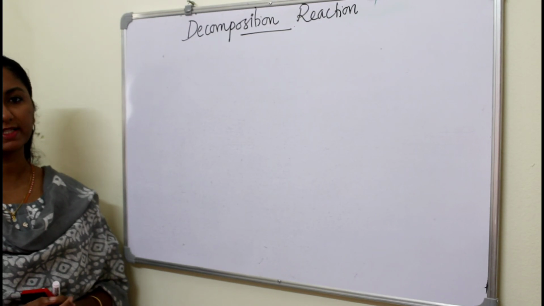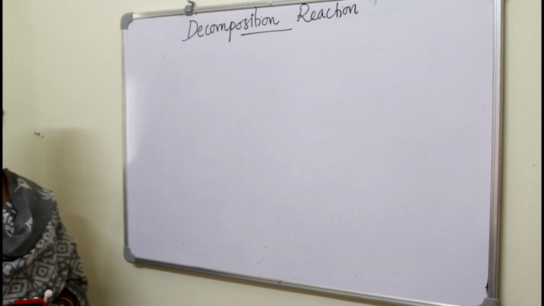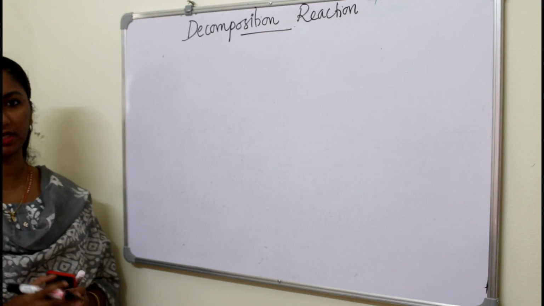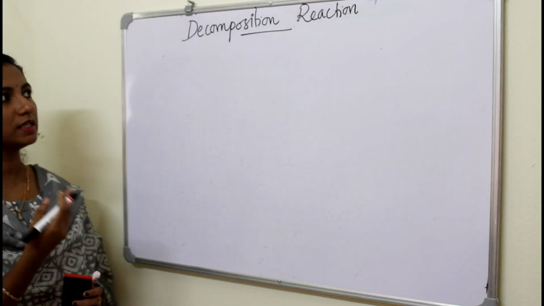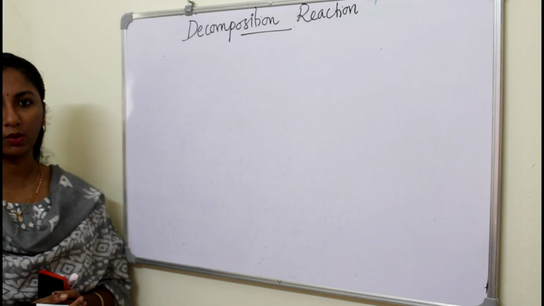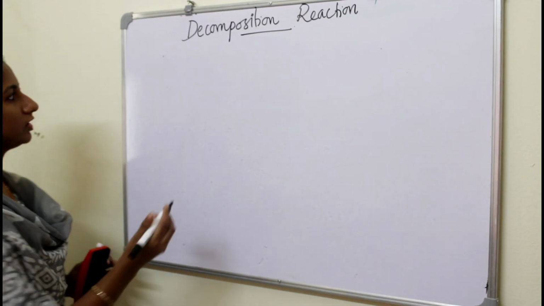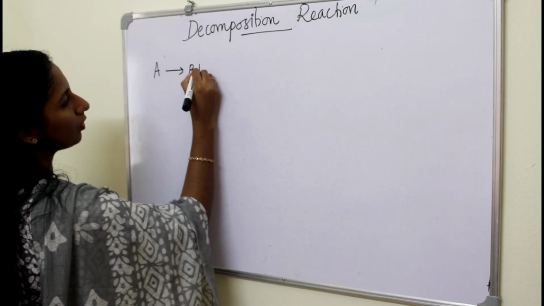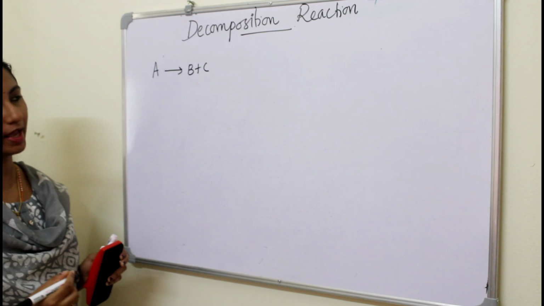So in this part we will discuss decomposition reaction, right? Decomposition reaction means from a single reactant we are getting two or more products, okay? That is decomposition is happening. And this decomposition can be done in three ways: by the application of heat, light or electricity. So we are taking a single reactant and we are getting two or more products. Such a type of reaction we call a decomposition reaction.